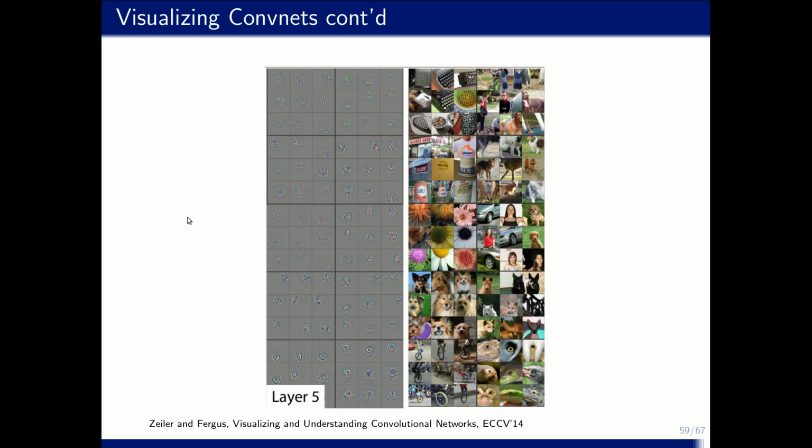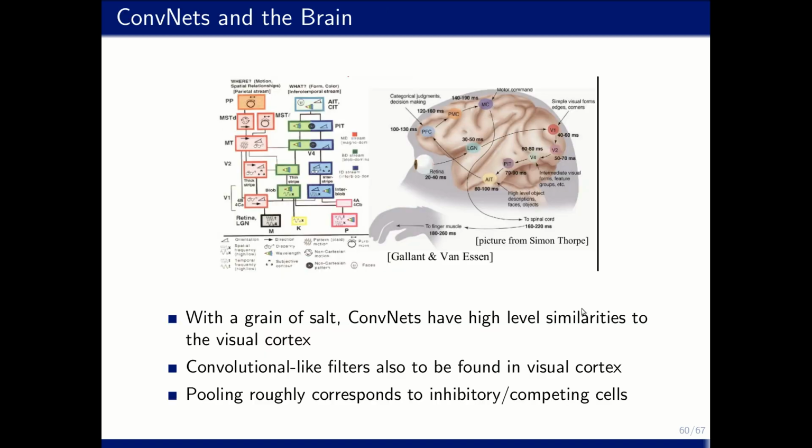So this is the kind of features convolutional neural networks learn: from very low level, basic computer vision features to more and more complicated and abstract features. And this is also the idea of ConvNets. With a grain of salt, ConvNets can also be compared to the visual cortex in the brain. So don't take this too seriously, but